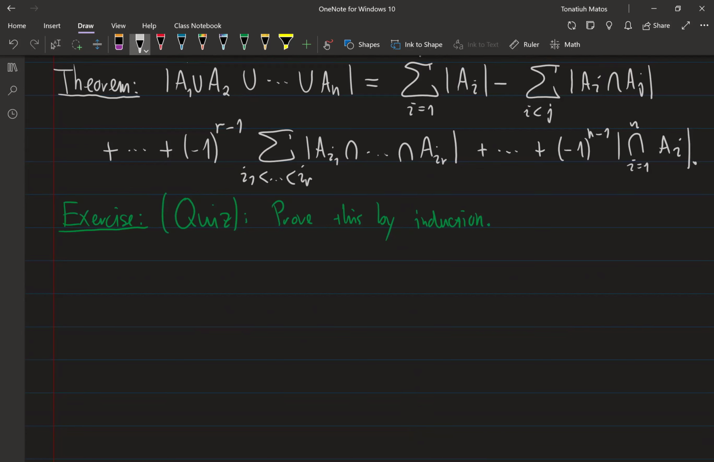Maybe let me add one more way of writing this, because there's a way to simplify the notation, right? So here's a better way of writing it. And you can choose to prove it either way